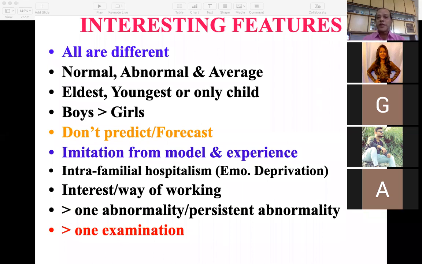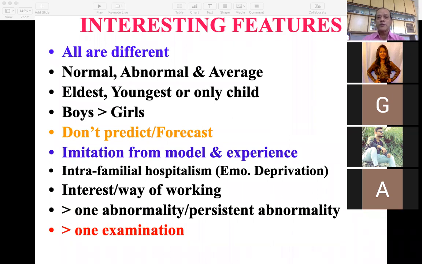What is more important? If a child is learning, growing and developing, we should give him a lot of opportunities and a lot of experience. So what is important is his interest and way of working. Suppose a child is sitting on a chair and table. He has opened up the book, but he does not have interest. The book will be kept open, or the laptop will be kept open, but he is not mentally prepared for learning. So his interest in learning, his way of working, the way he does his homework is very important.